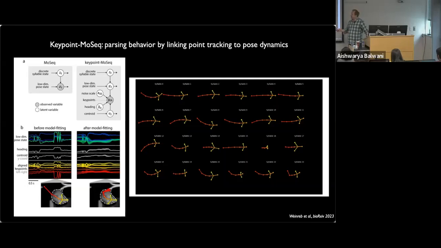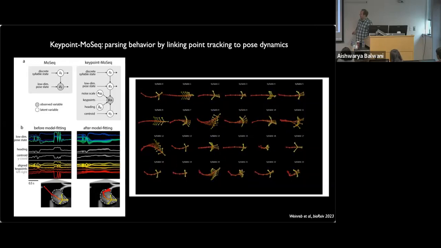And in order to do that well, we added a better noise model to this, where we allowed for mappings from these. Rather than just doing PCA on the data to start, we treated these latent continuous embeddings as latent variables to be inferred. And when we fit this to keypoint data, we can find really nice syllables that correspond to different types of movement, just as we had before.